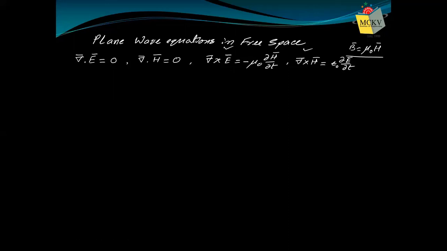For that, what we'll do, we'll take curl of third equation or curl of fourth equation. First, we will start with curl of third equation. Curl means del cross, that is called curl. So this is curl, del cross we are using. So del cross is your curl. So curl of third equation. So this equals to minus mu naught constant, then curl of del H del t. Okay.